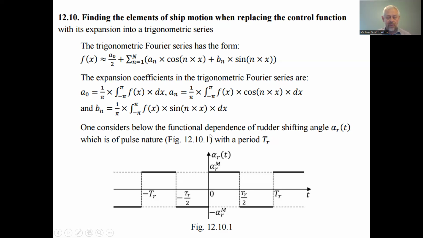Alpha will be used next when we substitute the angle of the rudder turning. For the general approach, the trigonometric Fourier series has the form of the sum: a0, the zero term of the Fourier series, divided by 2, plus sigma, the total of